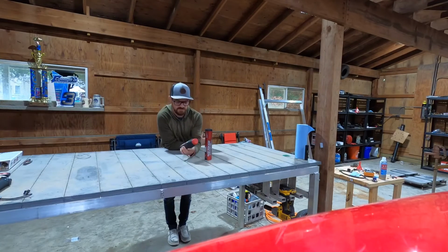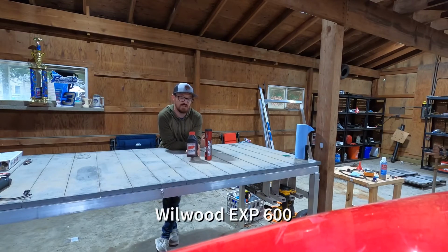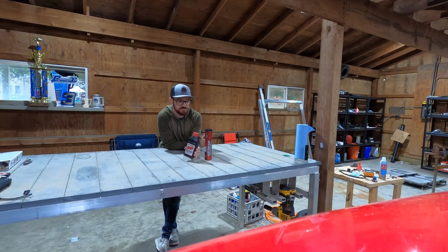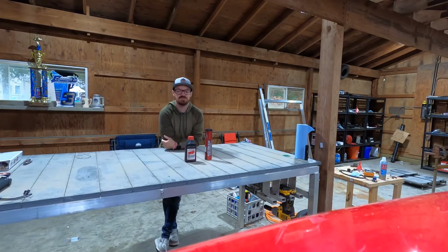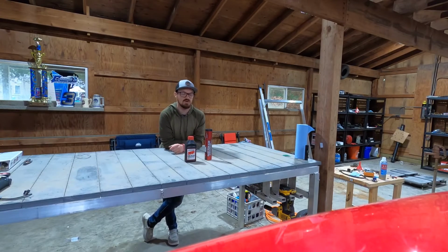Alright, so the brake fluid that we run is the Wilwood EXP 600. This is probably the best stuff on the market when it comes to dealing with heat. In 3 years, I have never boiled the brakes, so that just goes to tell you how good of quality this Wilwood stuff is. With these being Wilwood calipers, I tend to try to use the Wilwood stuff, but like